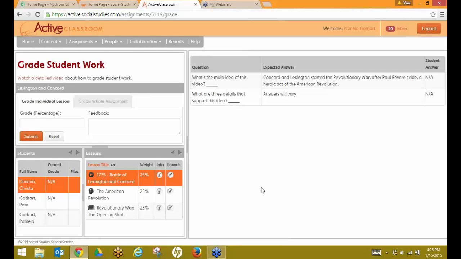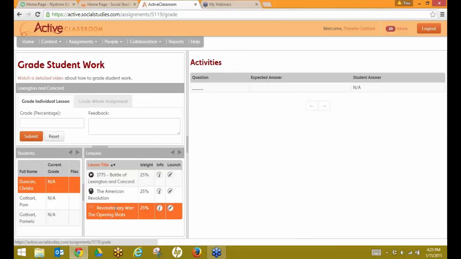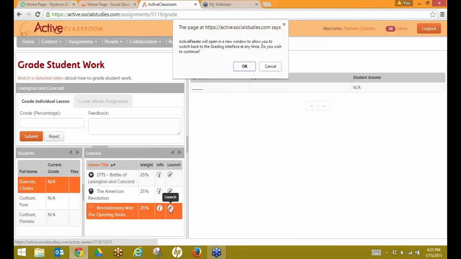When you get to the grading interface, you're going to see that on the left-hand side are your students. In the middle are the various assignments. And on the right, you'll see the assignment itself, questions, answers, student answers. The only one I did was the reading assignment, so I'm going to go to my reading assignment. If you just click on the reading assignment anywhere, it's going to come up on the right-hand side that there weren't any questions. I want you to click on the Launch button,